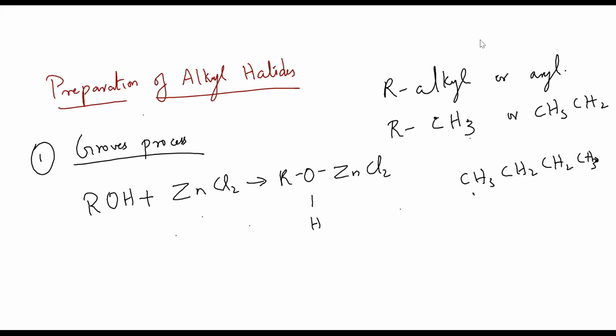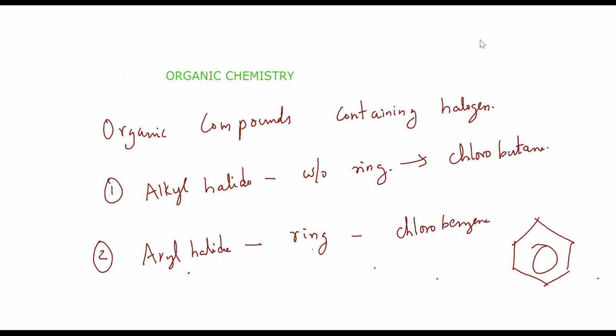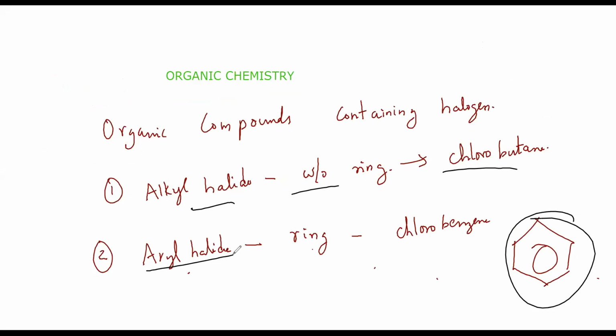Fine. So guys, what I was explaining is organic compounds containing halogen. In the beginning of the session, I said I'll be explaining something which is not there in your book also. Alkyl halides mean without the ring. This is called the ring. This is aryl halide. You can copy everything down at the end of the session. Today I'll be taking things which are not there in your book also, so you'll get a broader knowledge of the same, and I'll tell you which questions will come for the exams too.